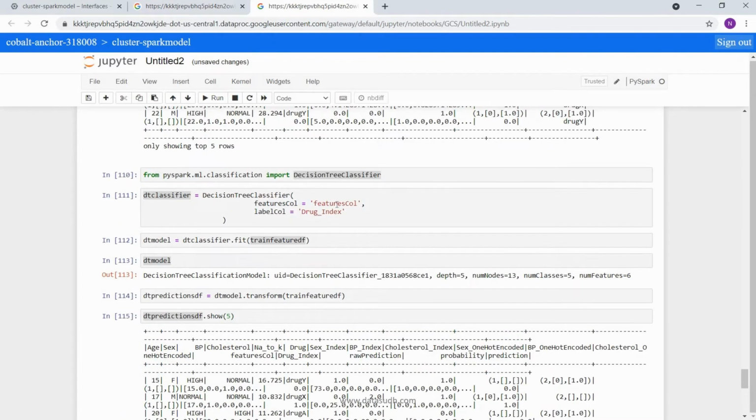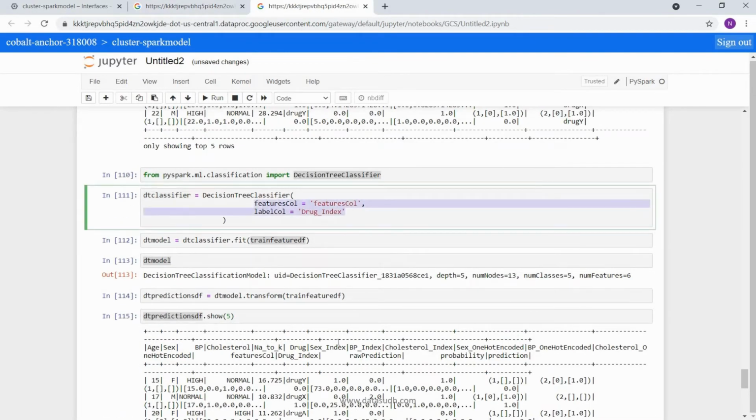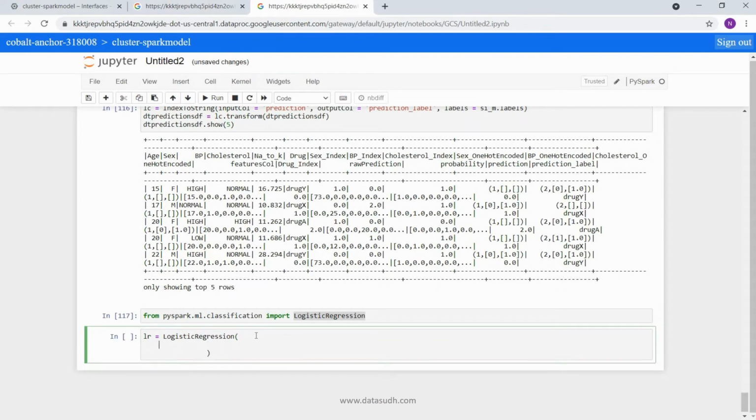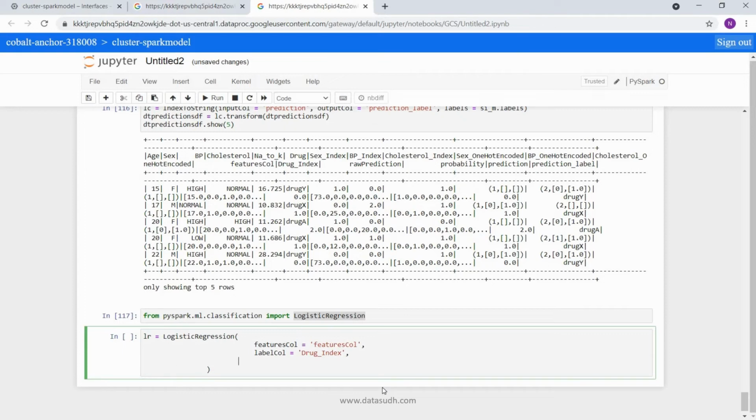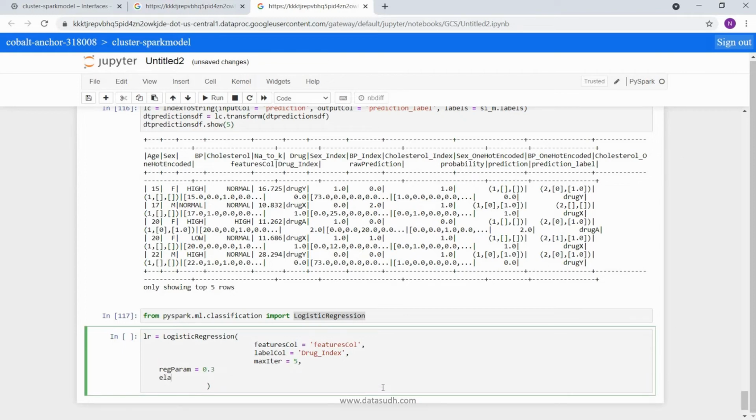For input it will be the same, features column and label column. For logistic regression as well, there are a lot of algorithm-specific attributes which you can provide to tell the model how to train. So I can specify a few attributes: maximum iteration, reg parameter, and elastic net parameter.